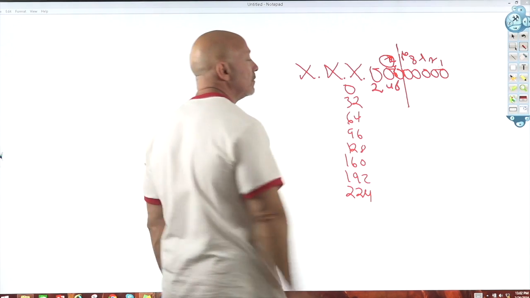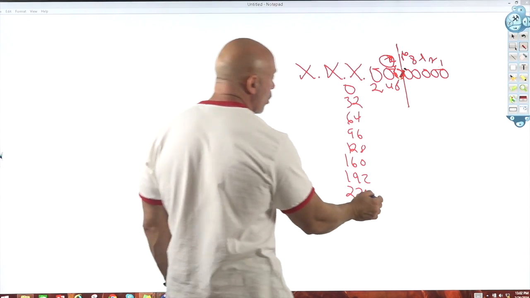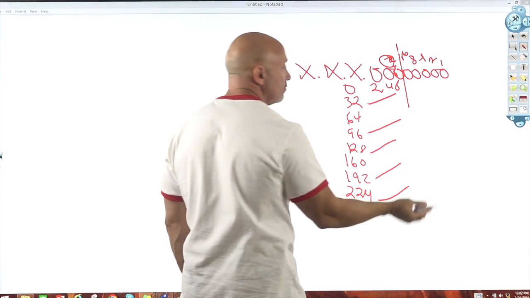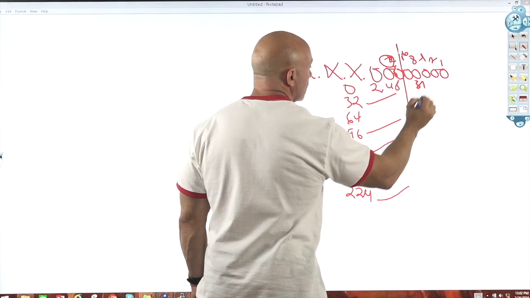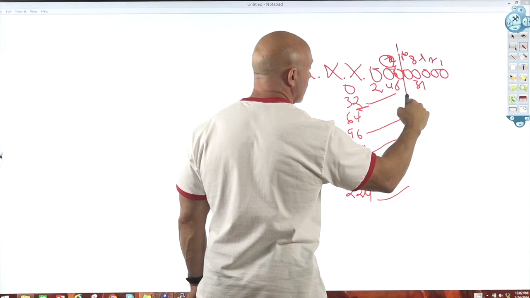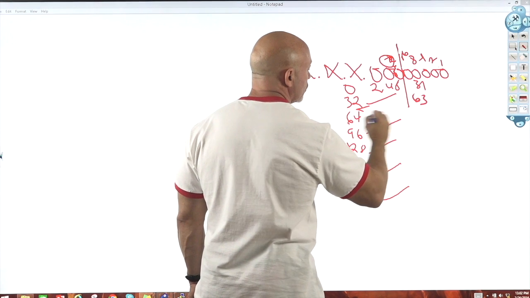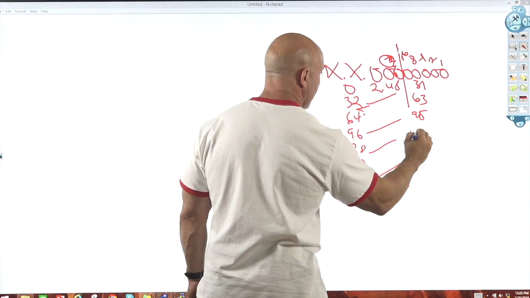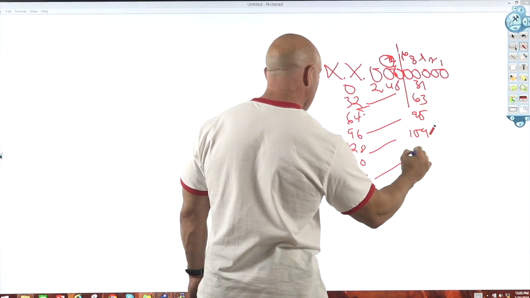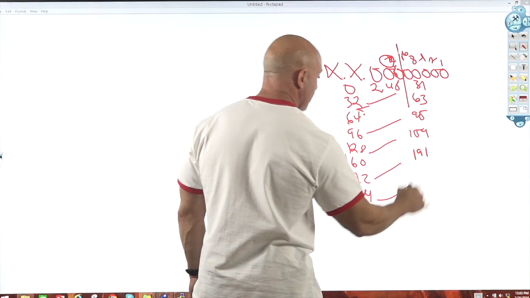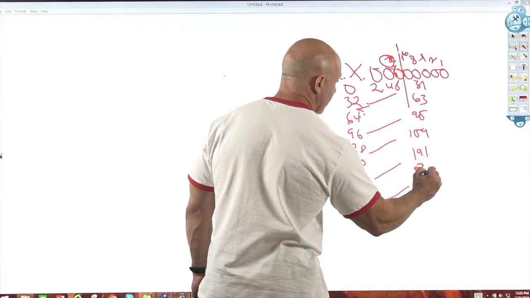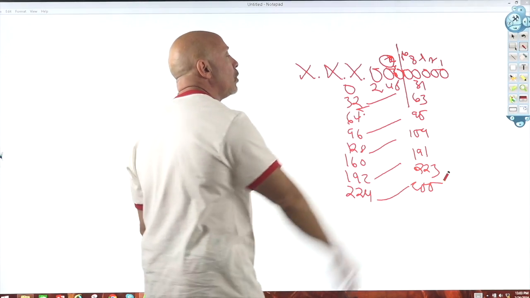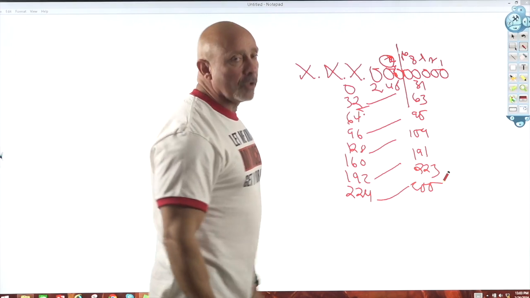2, 4, 8. Okay, and then it's always going to be one less, one less, one less, one less, right? So that's going to be 31, and then this one here is going to be 63, and then this one here is going to be 95, and then this one here is going to be 159, and then this one here for the 60 it'll be 191, and then this will be 223 for this guy right here, and then this will be 255 because it's the last one. Okay, and then whatever's in between. That's all there is to do in the third octet.